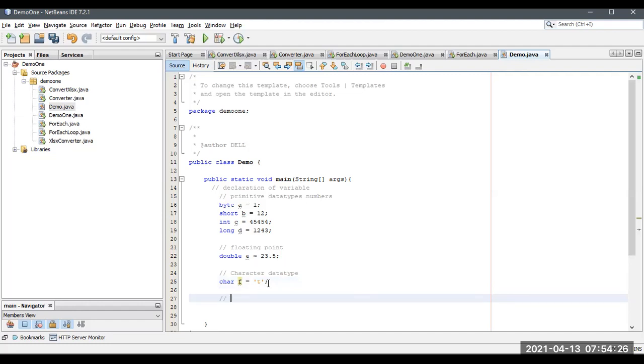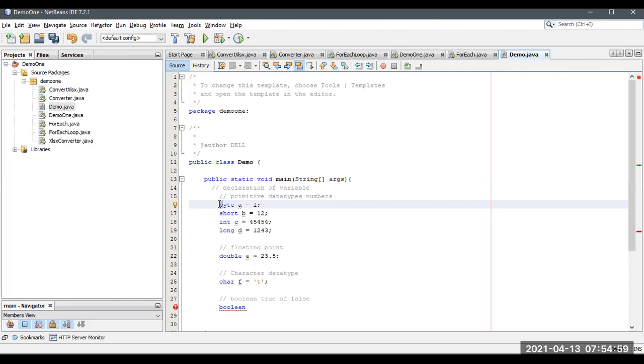And the final one is Boolean. What does Boolean represent? True or false. So Boolean is a data type. I forgot to tell you about the difference between primitive data types and non-primitive data types. Each and every primitive data type starts with a small letter, and each and every non-primitive data type starts with a capital letter.